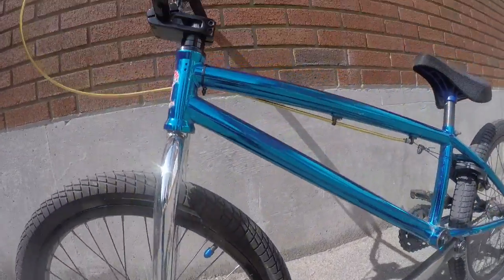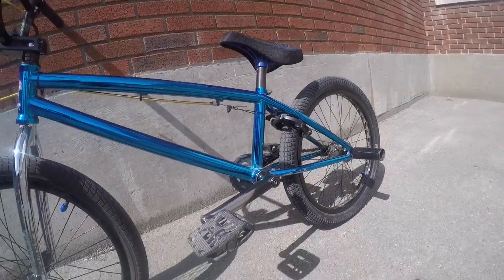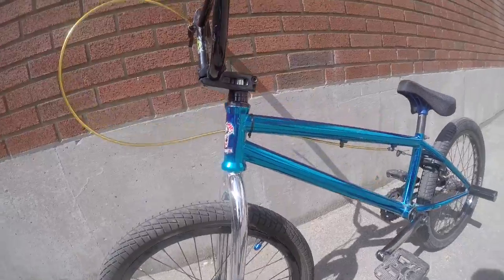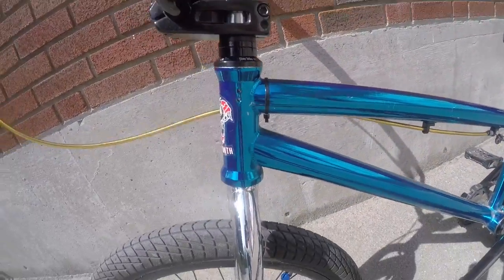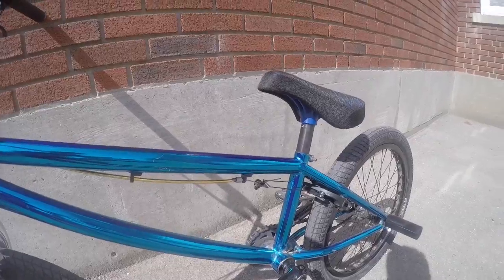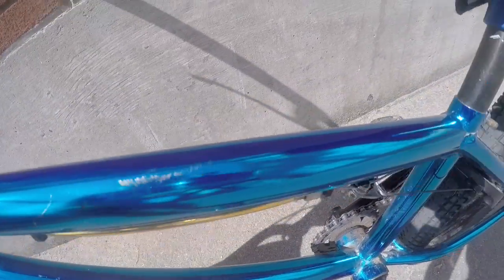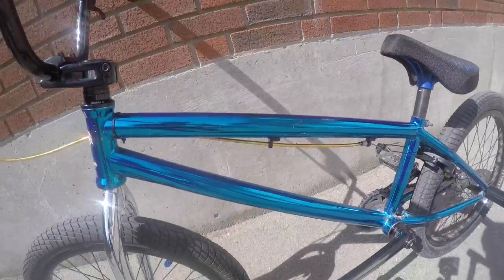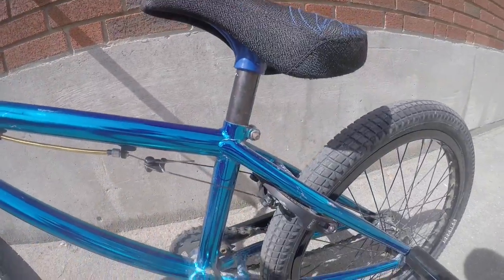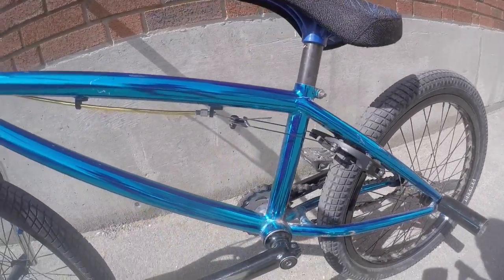So then my frame is the Colony Sweet Tooth V4 frame, and I really like it. I got the color in ED Blue, and it's looking awesome. It gets scratched really easily though. That's the only downside to it. My top tube is 20.4 inches, and then yeah,